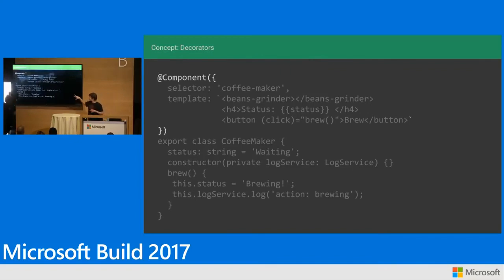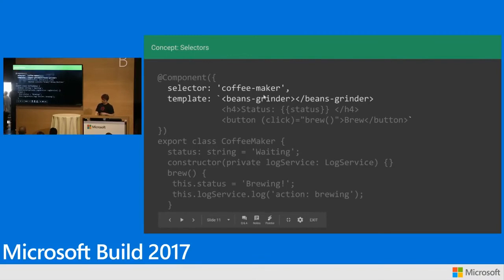Angular, we put together with decorators. This decorator is this @Component symbol here. This is a thing that comes from TypeScript. It's just a way of attaching metadata to a class, a little bit of extra information, right? So on this, we're saying this is an Angular component. It's got a selector there, how we use it in HTML. It's got a template, which has some other components nested in it.